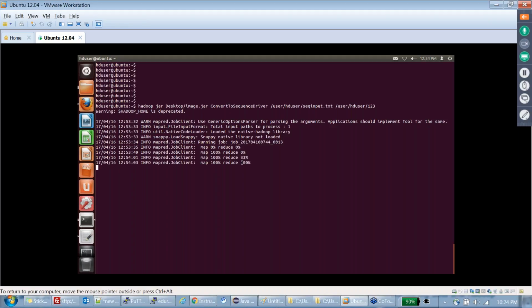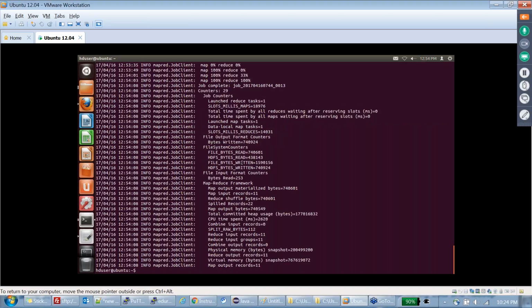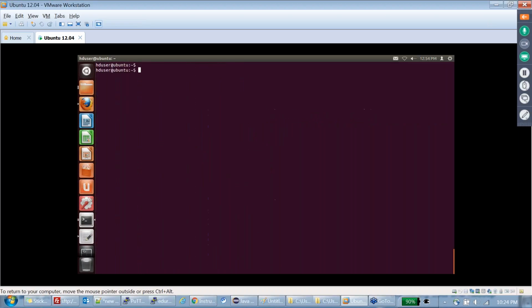That's why it is just showing reducer, but it is processing nothing. But still my file name would be part R because I haven't made my reducer 0. So by default, a single reducer is running. So if I look at the output,